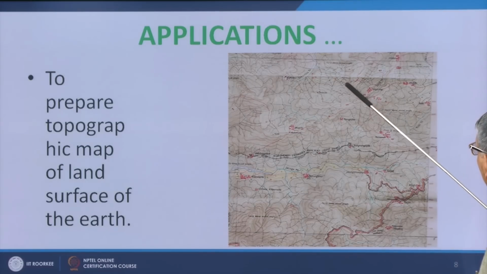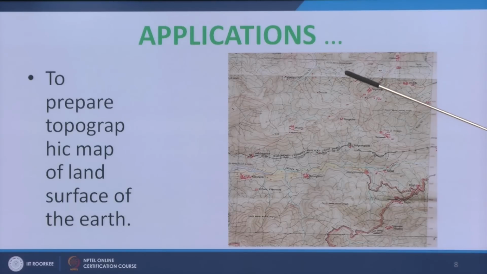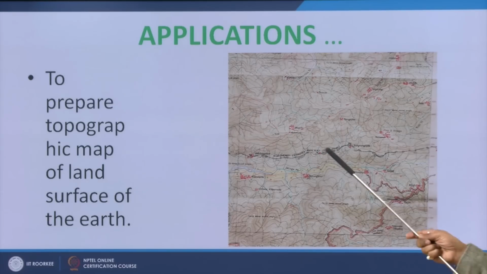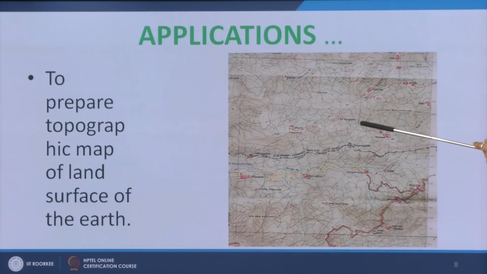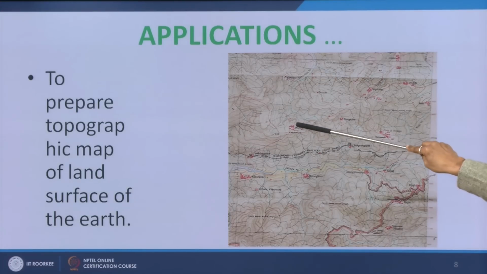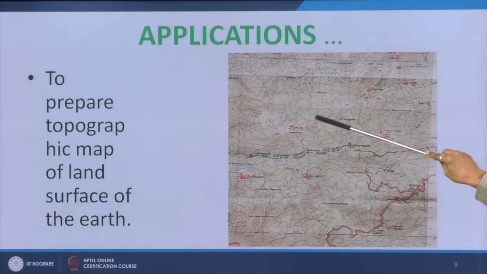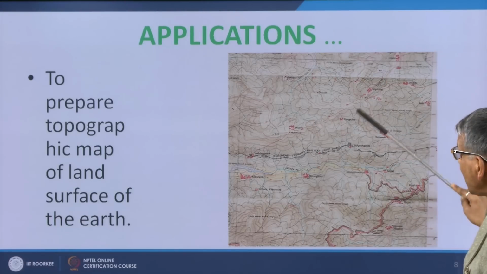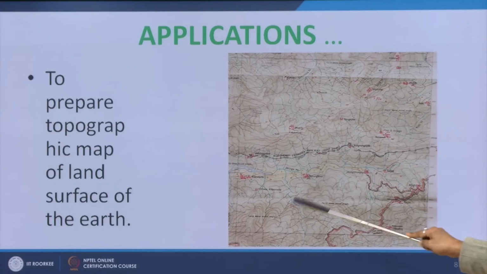Like this black line, small lines, these are the valleys along which the water will flow and come to the main river. All these details we carry out during topographic surveying. Basically, topographic surveying is to locate the prominent objects and to get the height of different points. From the heights of different points we interpolate to get these contour lines, and these contour lines provide us the ridge line or the valley line,